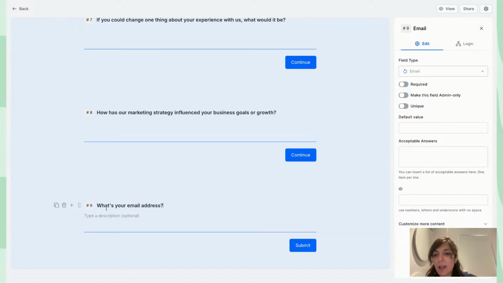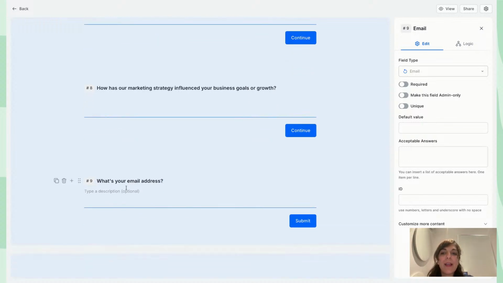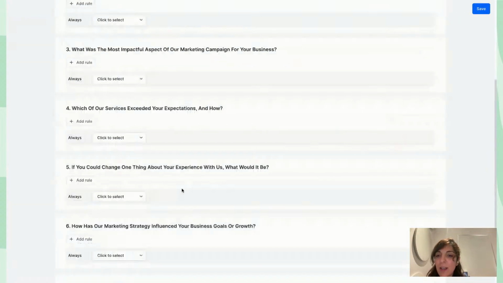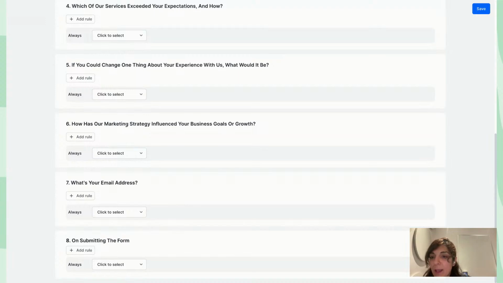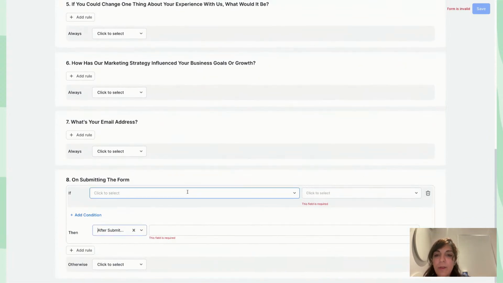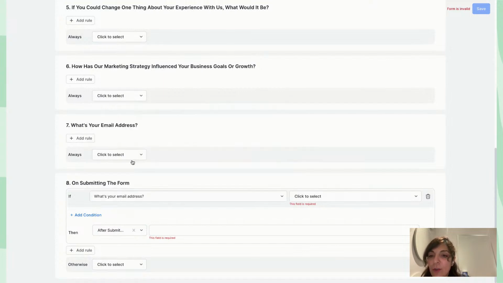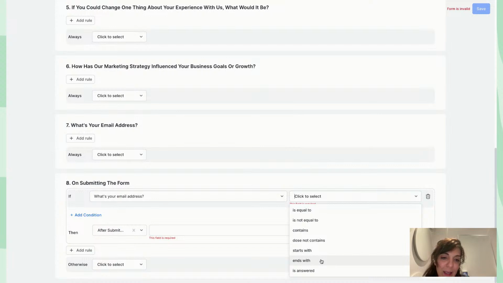So here I click on this question, and I want to add a logic on it. So when the user gets to this question, a logic happens. Let's get to the advanced logic. For conditional email, you need to add it to this last option, which is on submitting the form. And I showed it to you for comparing two variables and stuff. But for conditional emails, we say if your email address is